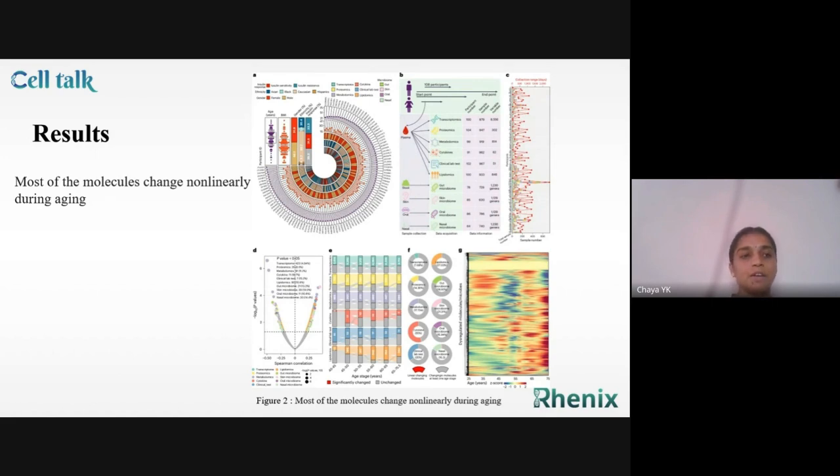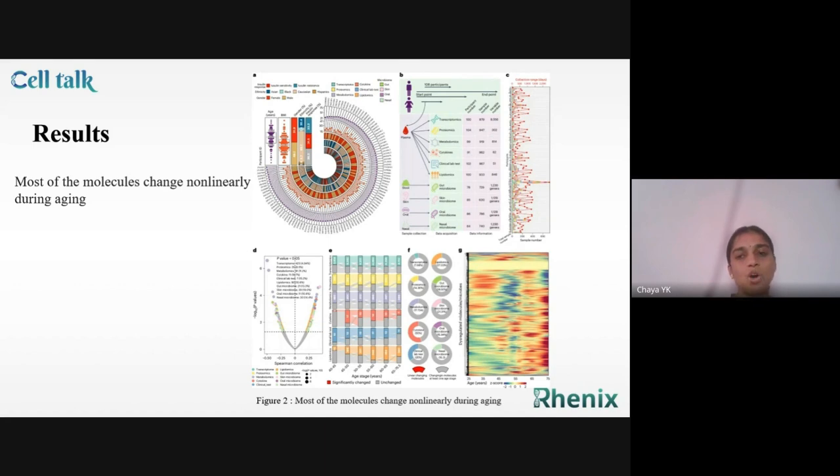And coming to figure F, this diagram compares the proportion of molecules that undergo linear versus non-linear changes during aging. So 81% of molecules in the study underwent non-linear changes, while only 16.2% showed linear changes. This data highlights that non-linear changes are more prevalent, suggesting that the aging process is more complex and less predictable